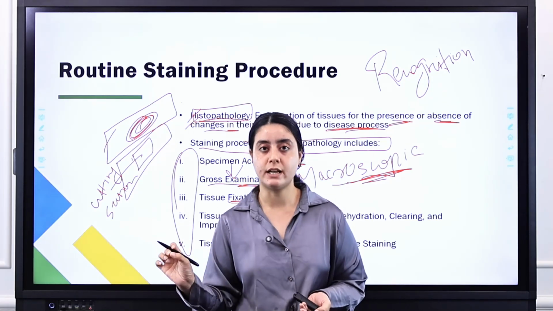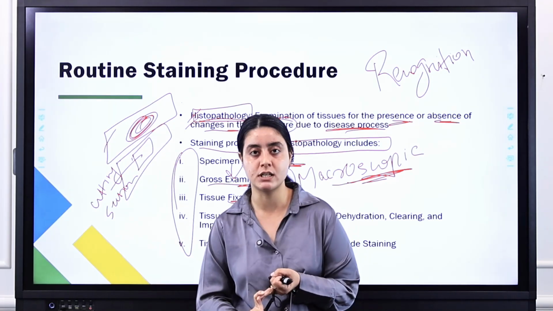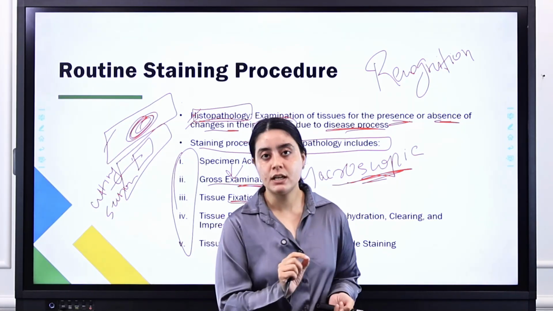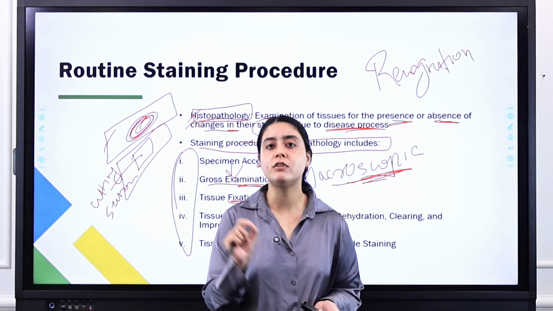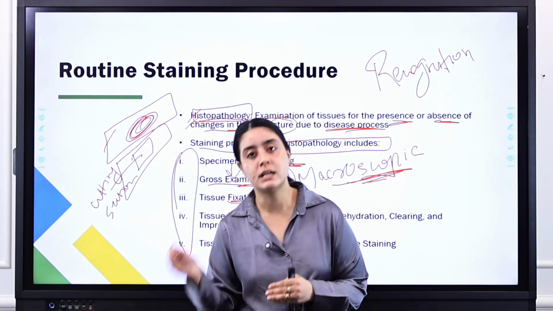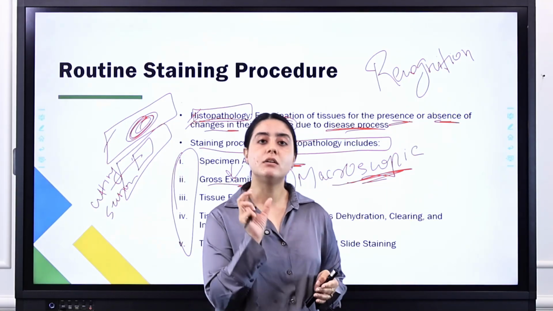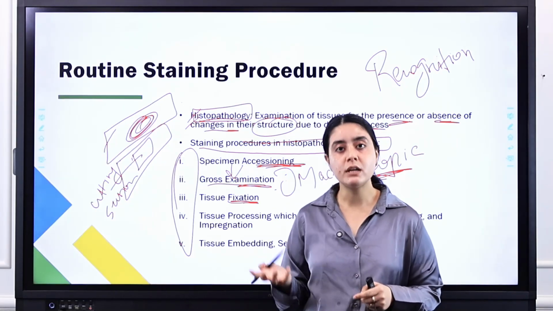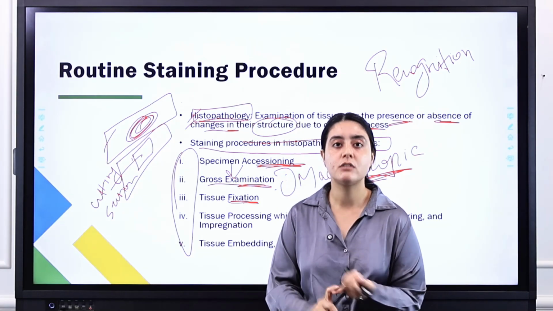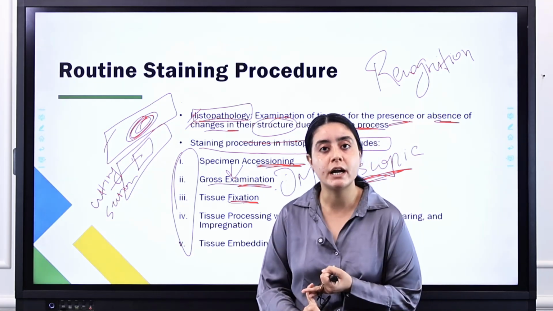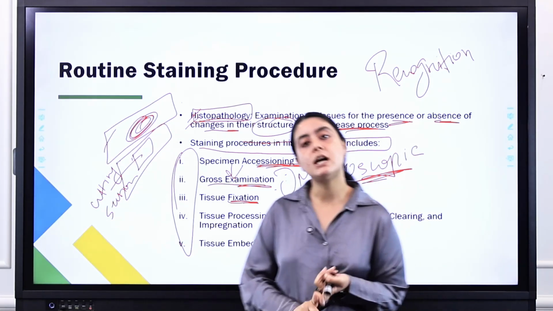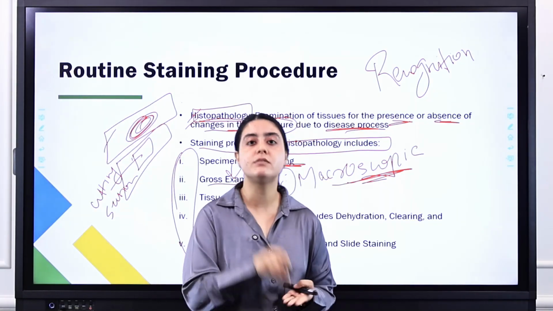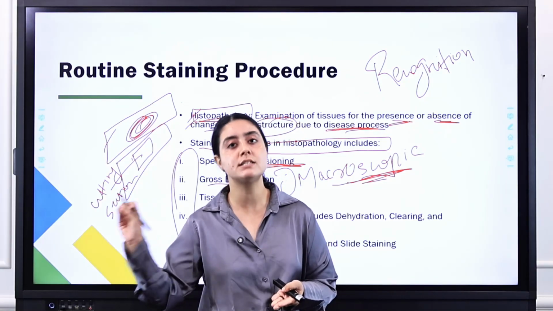We have to fix the slides, either by heat fixation or chemical fixation. We have two types of fixation, heat fixation and chemical fixation. Basically heat fixation is normally done for microbiological samples, for bacterial samples, and in histopathology we normally use chemical fixation. Okay, so what chemicals do we normally use? We normally use formaldehyde, formalin, 10% formalin, or glutaraldehyde, or ethanol or methanol. These are the normal chemical fixatives which we use on a daily basis. So first we have to fix our specimen or slide before starting the staining procedure.